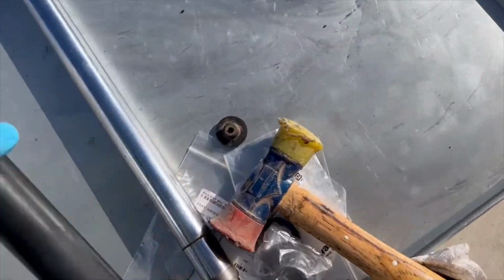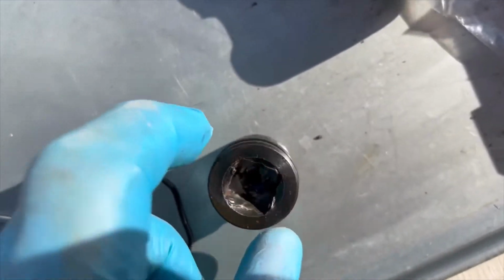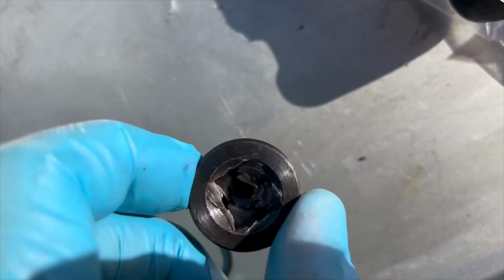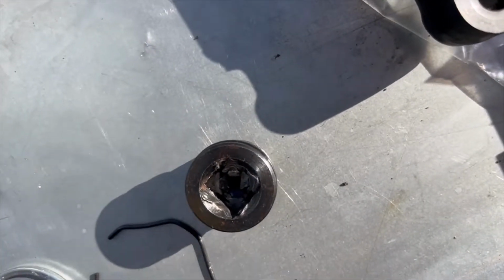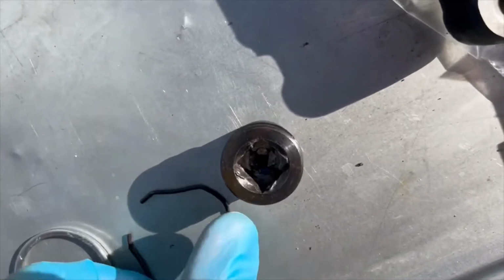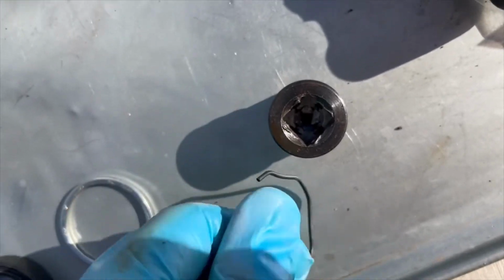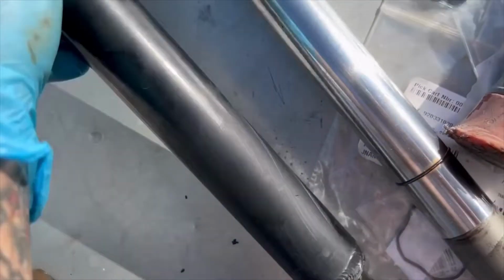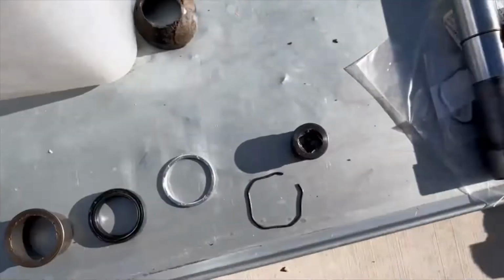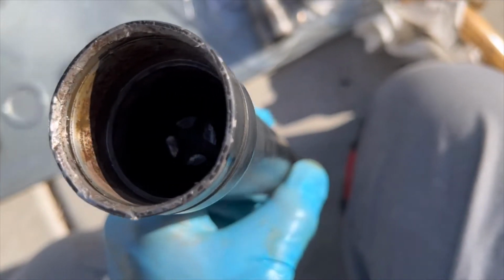So, all right. From the top of this is your release nut, release bolt, whatever you want to call it. You take that out of there. You pull your spring out. Okay. Next thing is, there's a retainment clip, this C-clip. This C-clip sits in this ridge in here. Okay? So get yourself a pick and just pick it out of that